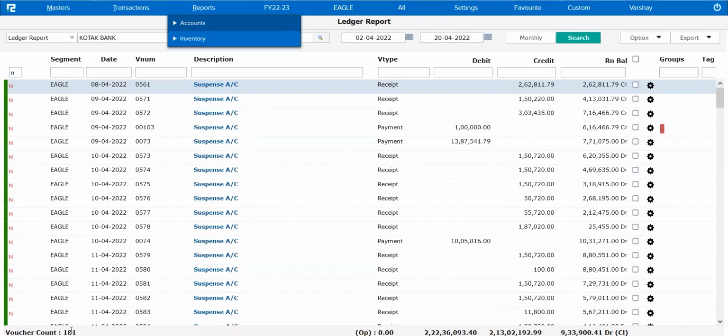So over here, the moment the number of transactions increases, for example, 5,000, 10,000, or probably 15,000, what we usually do is simply search the date range and then export the data. But at no point am I able to view the entire data in one go on my screen. So to handle the load count, we have introduced a new report, a new ledger